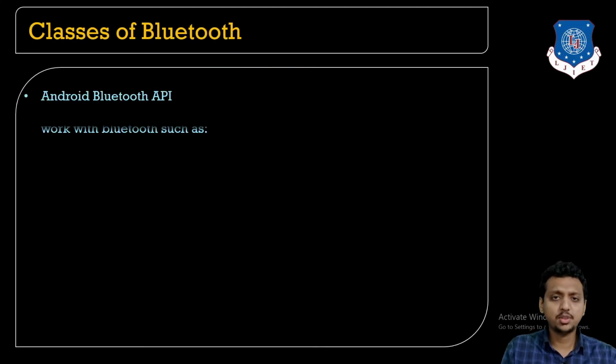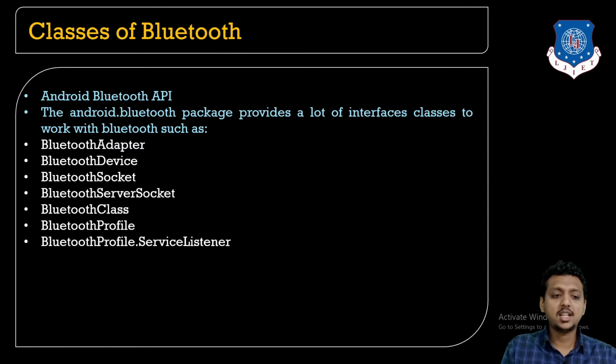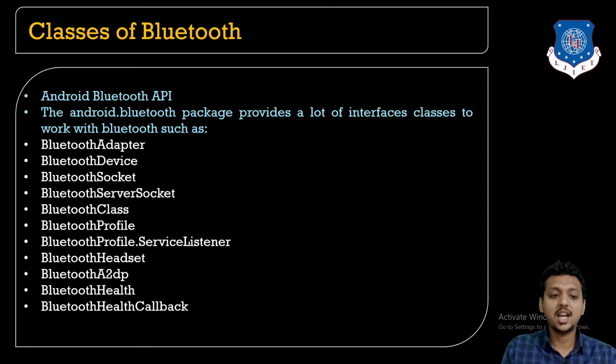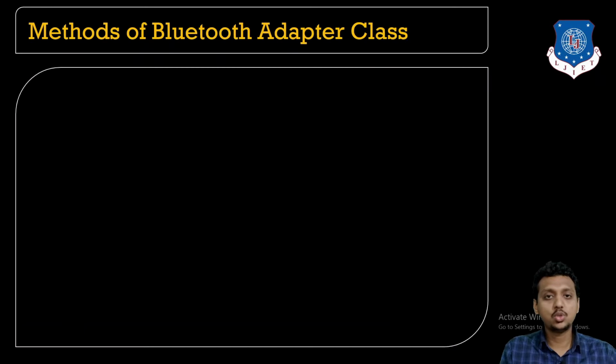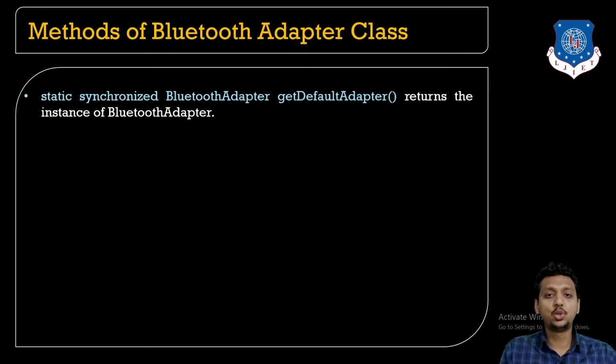What are the different classes for Bluetooth? The Bluetooth API contains various classes inside the android.bluetooth package that provide a lot of interface classes for Bluetooth work, like BluetoothAdapter, BluetoothDevice, BluetoothSocket, BluetoothServerSocket, BluetoothClass, BluetoothProfile, BluetoothProfile.ServiceListener, BluetoothHeadset, BluetoothA2dp, BluetoothHealthCallback, and BluetoothHealthAppConfiguration. But as per the syllabus, we are just going to learn how to manage the Bluetooth functionality